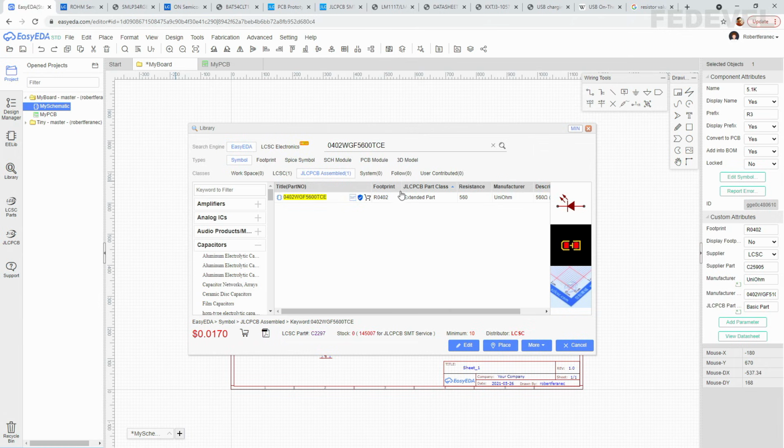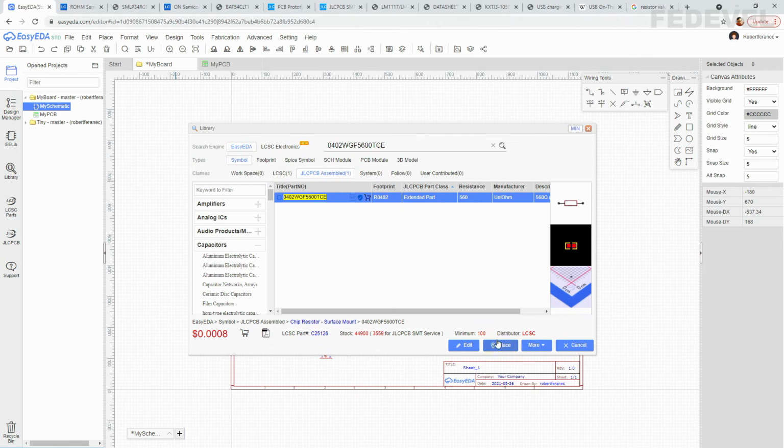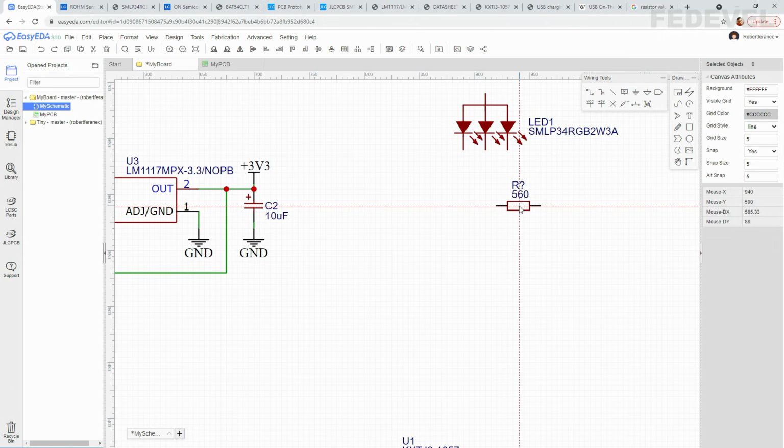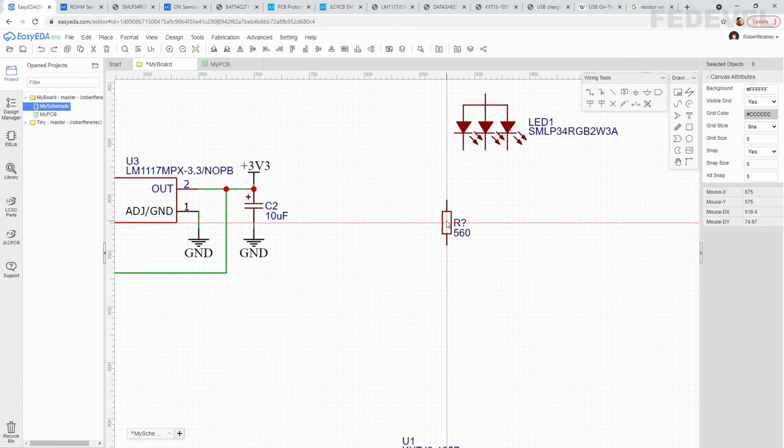It is an extended part, but it's okay. We need this one for our LED. So select it, left click, and place it into our schematic. Left click, zoom in, press space bar to rotate, and place it maybe like this, this,